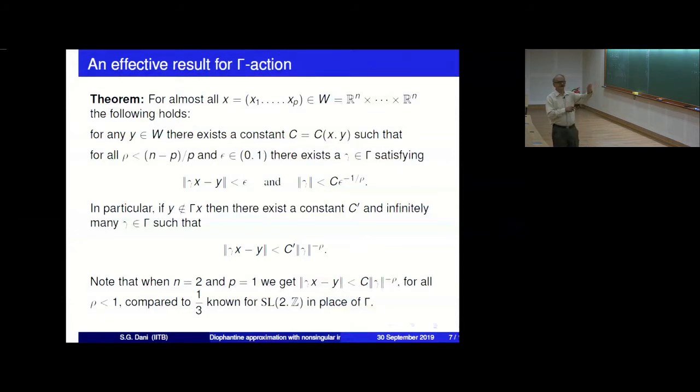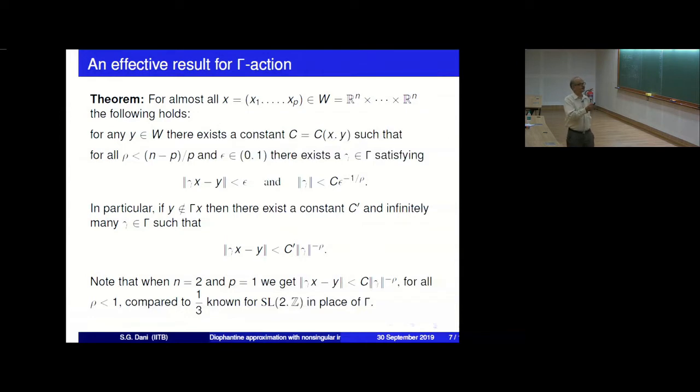So here the conditions are written independently. This is a kind of crucial constant, a crucial number associated with this. We'll see more about what it means. And with regard to effective approximation, what we are saying is that you can find gamma which approximates y to the extent of epsilon, and the size of that is not greater than a constant times epsilon raised to minus 1 over rho.